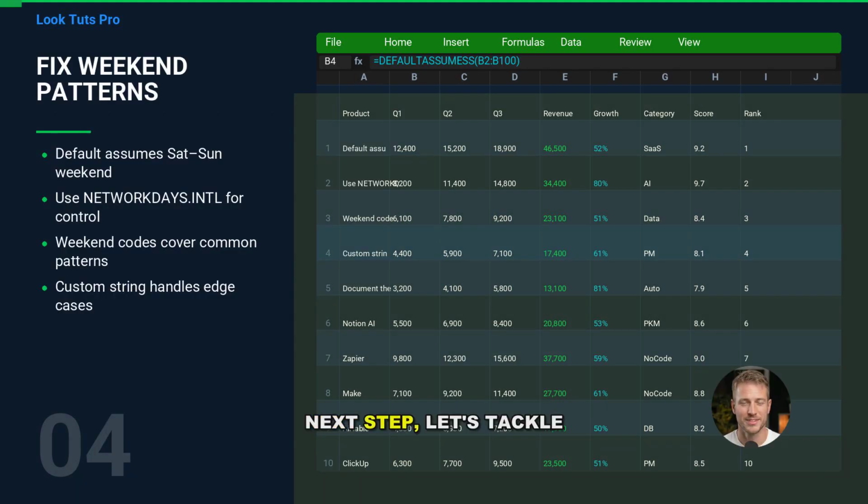Next step. Let's tackle the biggest silent error: weekend assumptions. If your organization works Sunday to Thursday, a default Saturday-Sunday weekend will undercount workdays. If you work 6 days a week, Excel will over-subtract. With NETWORKDAYS.INTL, you can define weekends precisely. You can use a weekend code, like 1 for Saturday-Sunday, 2 for Sunday-Monday, and so on. Or you can use a 7-character string that maps Monday through Sunday, where 1 means weekend and 0 means working day. For example,